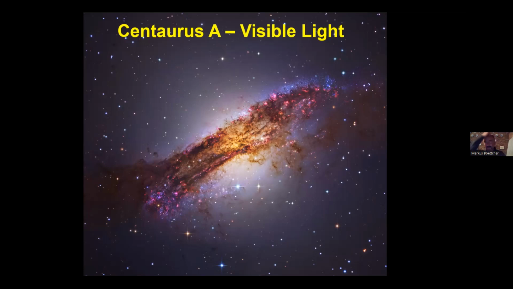So Centaurus A, the amateur astronomers amongst you may have already seen it with your own telescopes. It's not very difficult to find. If you have a large enough amateur telescope, go from Alpha Centauri to Omega Centauri, that same distance on, you get to Centaurus A. It's the nearest active galactic nucleus to Earth.